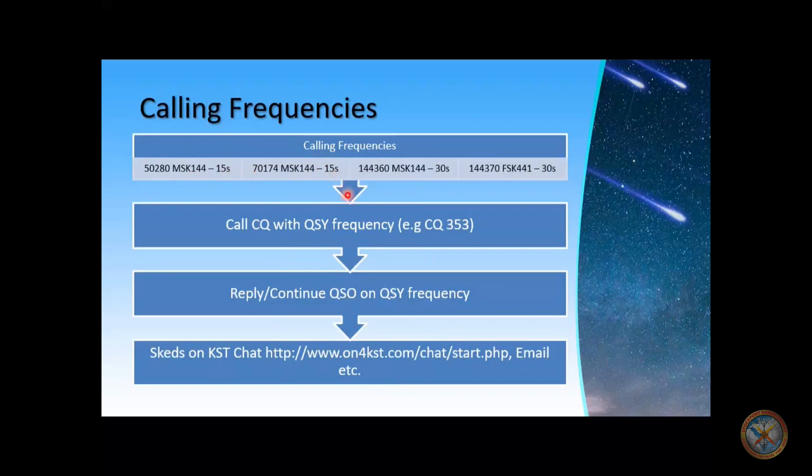So you use 15 second periods on those bands. You transmit 15 seconds and receive 15 seconds. And on the higher bands, you use 30 second periods,